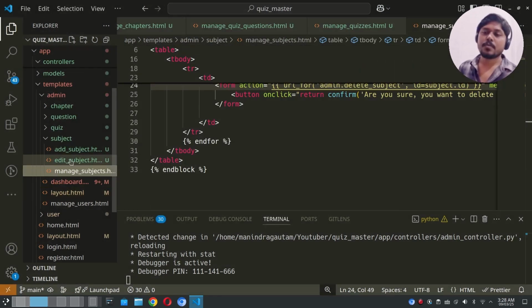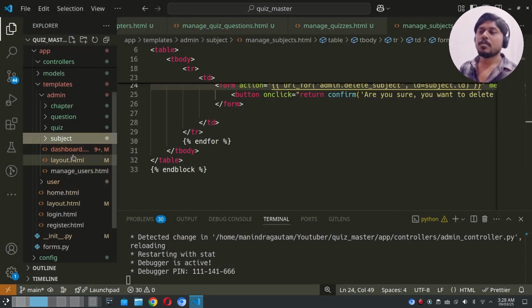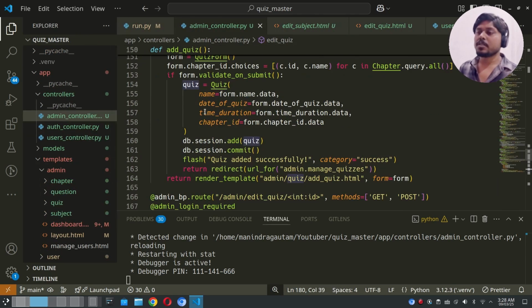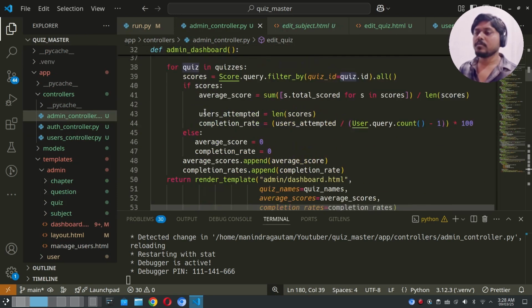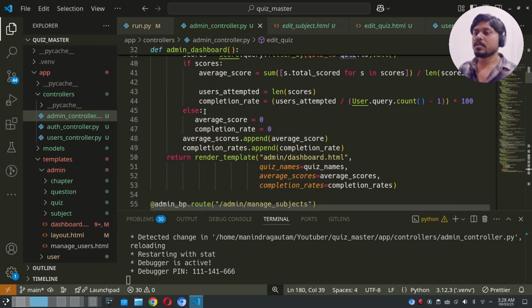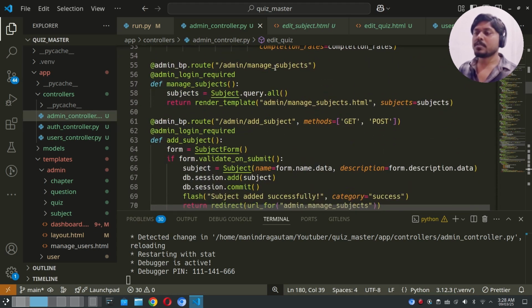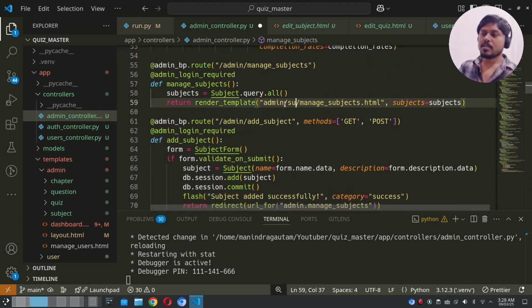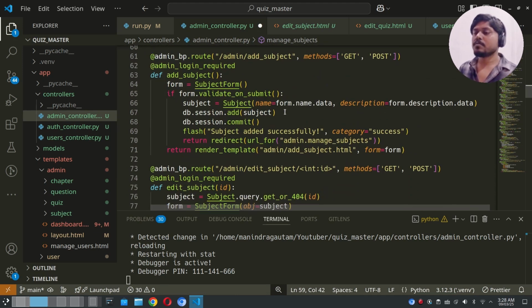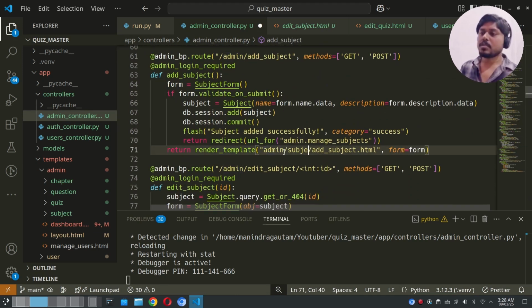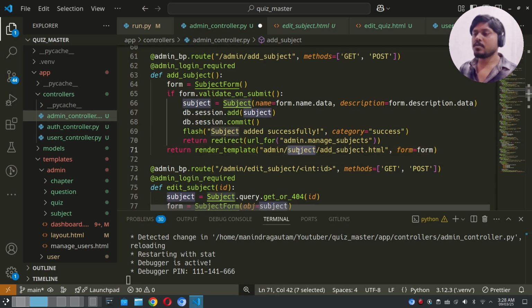Okay, and then in the admin controller for the subjects, manage subjects from the admin slash subject, add subject from admin slash subject, and for the edit,